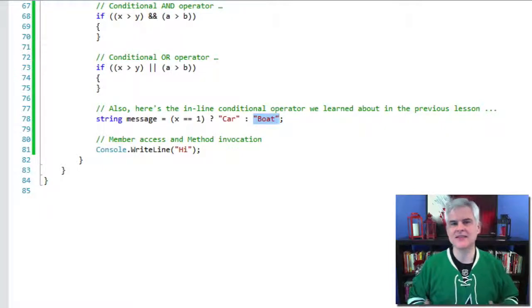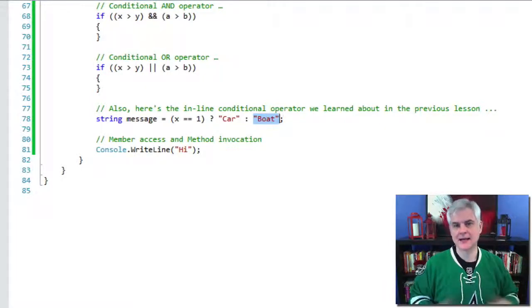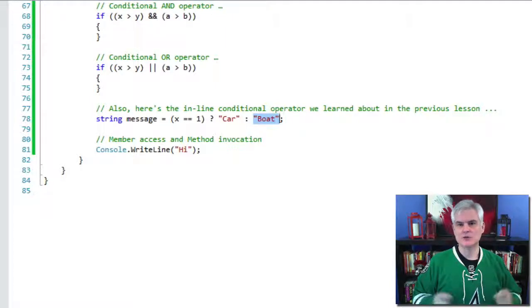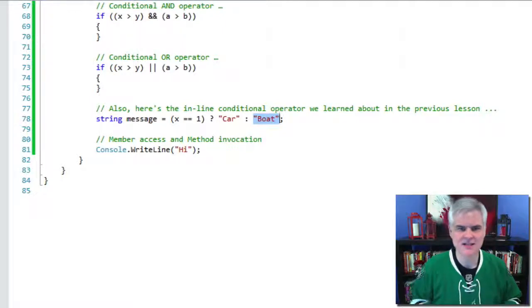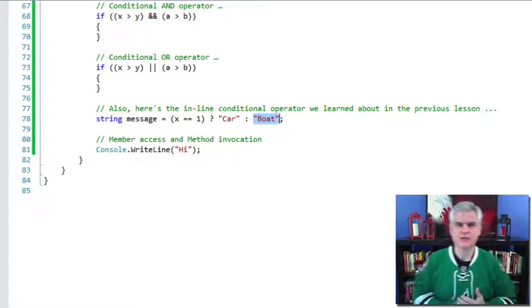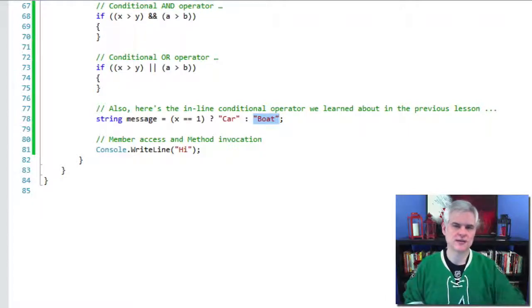Again, this is not an exhaustive list, but you probably should memorize the ones in this little code example at a minimum. You really need these about, like I said, 90, maybe as much as 99% of the time. You can expand your vocabulary of other operators and keywords and so forth over time.